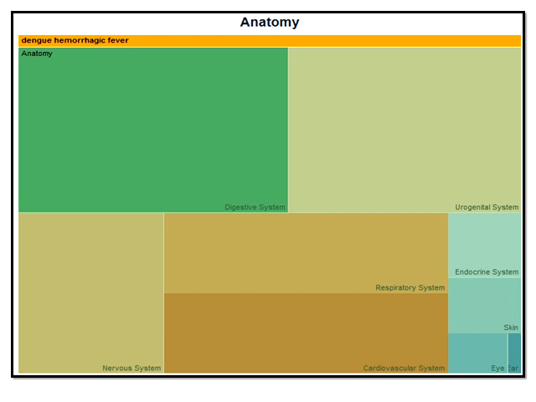So what you can understand is which anatomical part of the human body was researched most for the key term. The key term used here is dengue hemorrhagic fever. You can also understand which part of the human body was least looked into in association with the keyword that you are given. In general, the articles published in the PubMed database focused primarily on the digestive system, secondarily the urogenital, and then the nervous system.